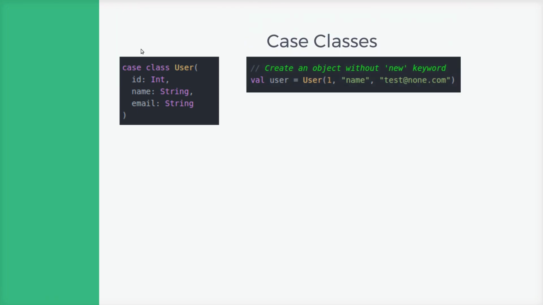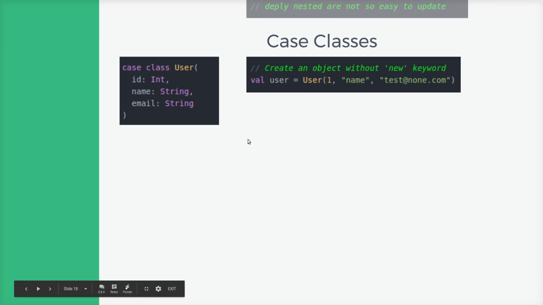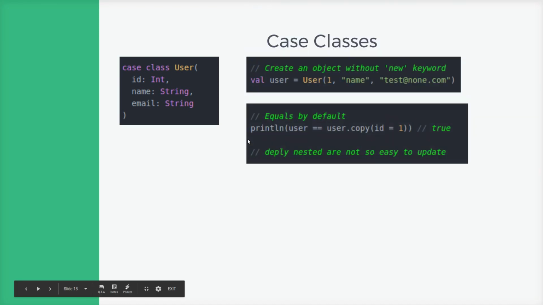What can we do with case classes? This can help us a lot while creating domain-specific languages, because we can call the constructor, or we can create a new instance of the class using the new keyword or the new modifier, and this is very useful for domain-specific languages. Another thing that we can see in case classes is that the equals method by default is already included in each case class, and